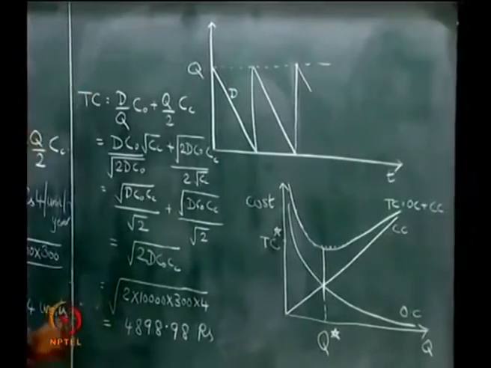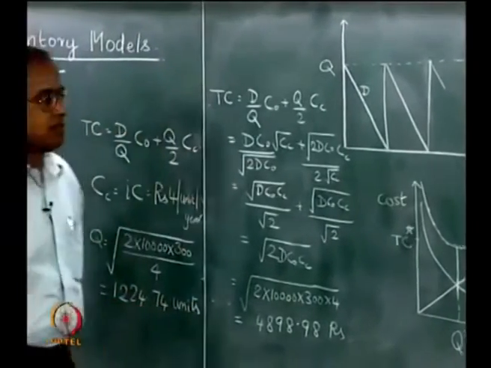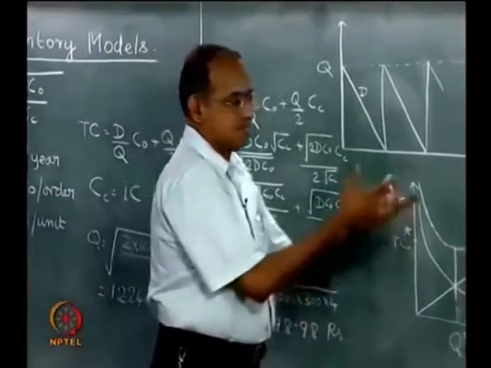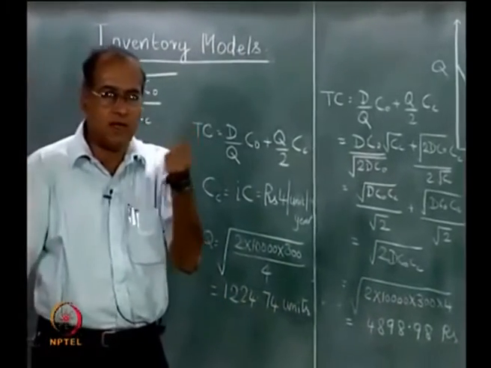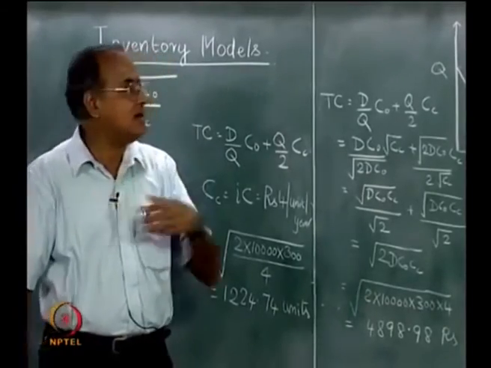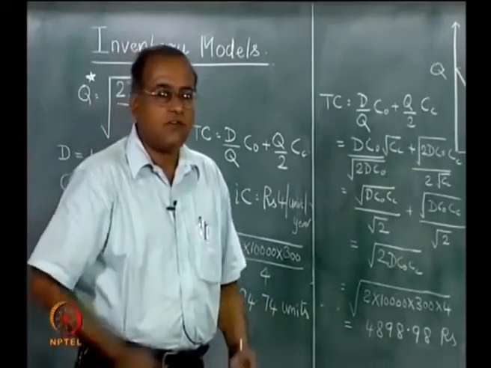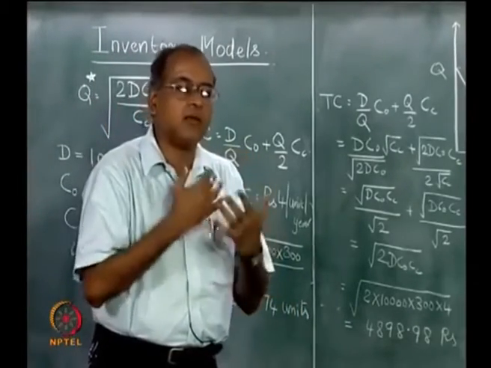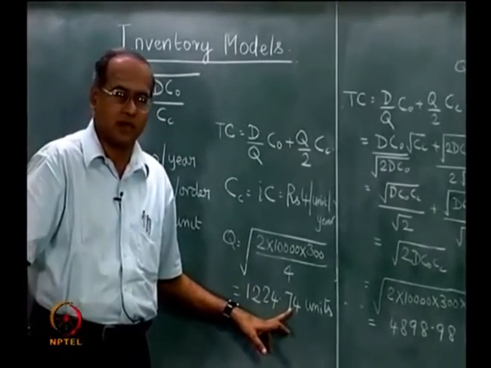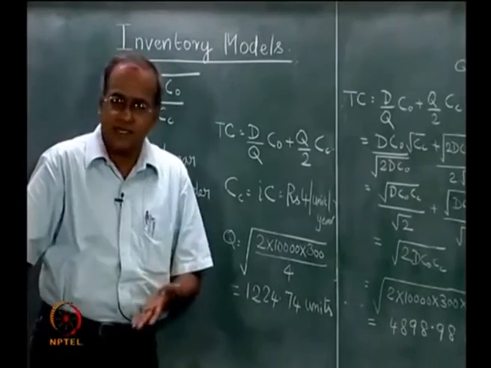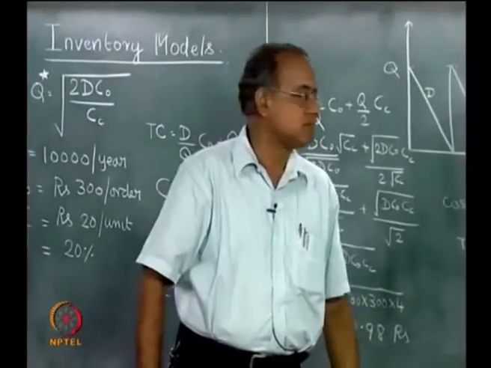Now, the first thing we did was to round this off to the nearest numbers. We tried 1225 and we realized that the total cost is the same. So, if the supplier can give in multiples of 1 or any integer quantity, then ordering 1225 is indeed economical. So, first lesson is that we need not really worry about the fact that we have a fractional number or a decimal number coming here. It can be rounded off to the next highest integer and there is absolutely no change in the total cost.